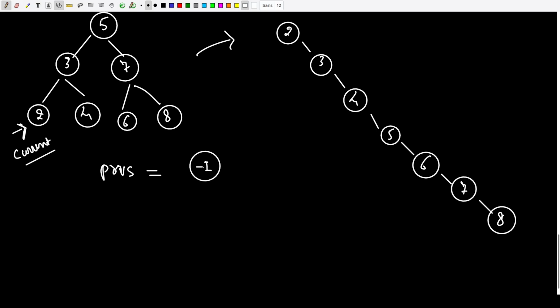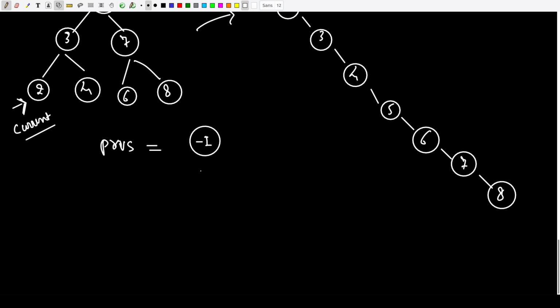Now let's perform the same manipulation which we have talked about. The left of -1 we will make none, and the right portion will point to the current, so the current is 2. This is how the arrangement looks. So far, the left and right children of the other nodes remain intact. Now that we have manipulated the left and right child,